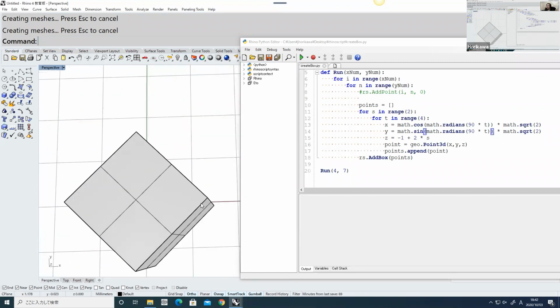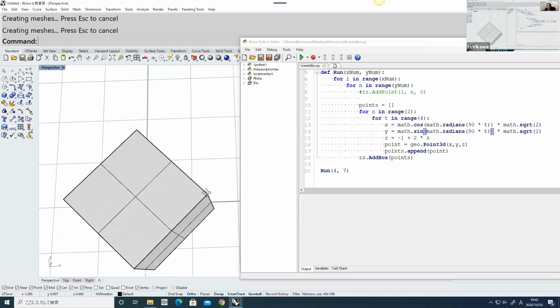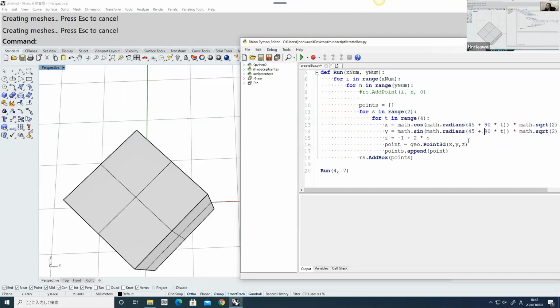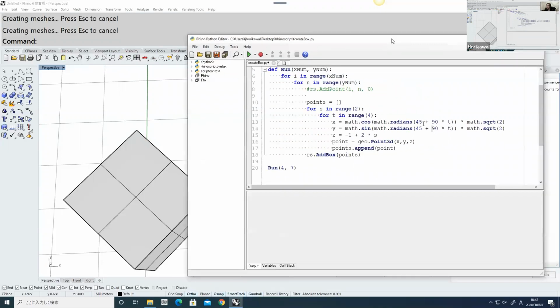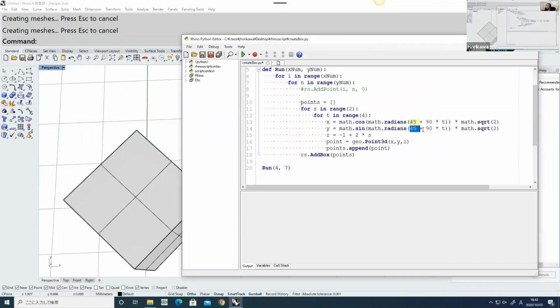That is because we have created the points from 0 degrees. So this is the 0 degrees position. This is 90 degrees position. So if we want to rotate this so that this box will align with the XY axis, you just need to add this angle by 45, like this. So I have just added 45